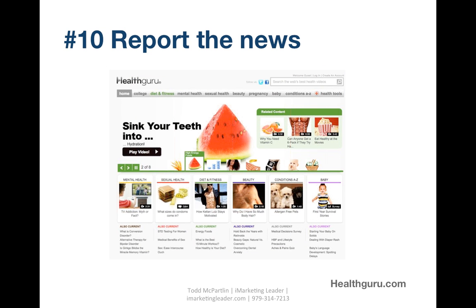And the last one here is report the news. So one of the popular terms now is newsjacking. So you can grab onto maybe a popular news article that's related to your business and do a short little video on it, and then post it on YouTube and put it on your website, write some content about it, and you can possibly get ranked and picked up on Google News,